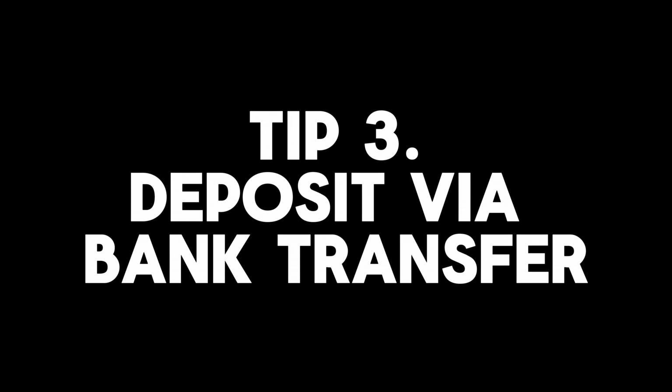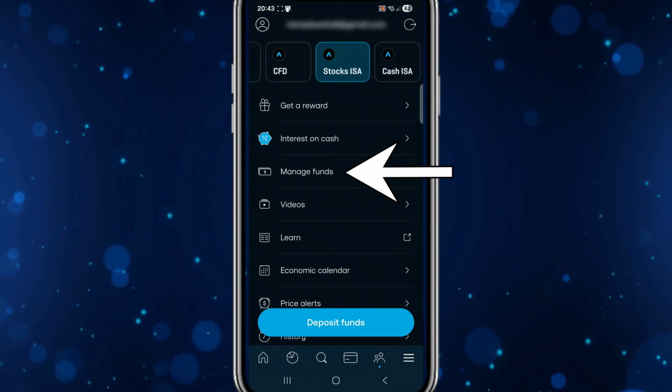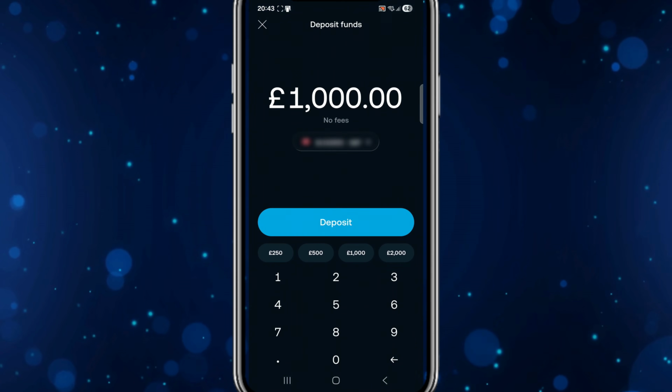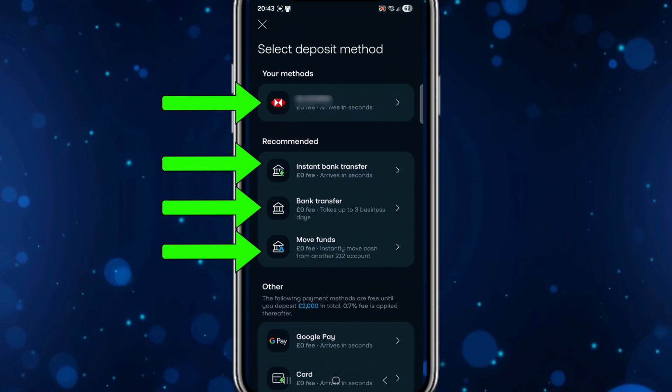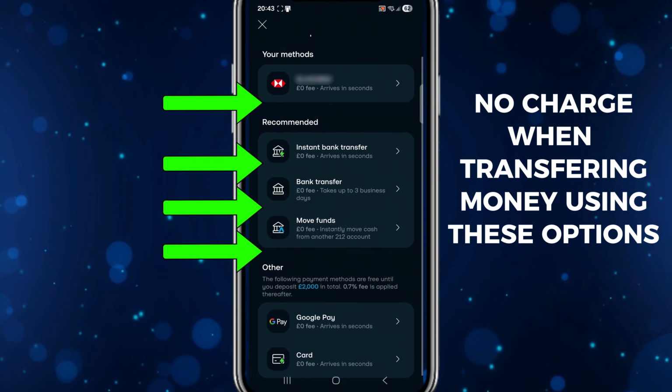Right, now our settings are customized, we can move on to tip number 3, deposit via bank transfer. We obviously need to deposit money onto Trading212 to get started, and the best way to do this is via bank transfer. If we click the menu button and select Manage Funds, we can select the deposit method on this